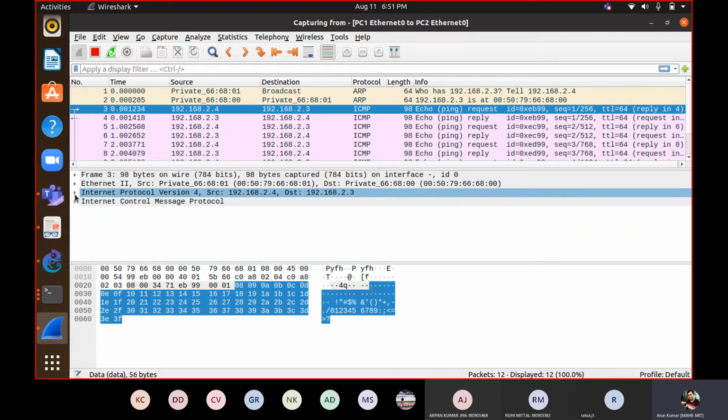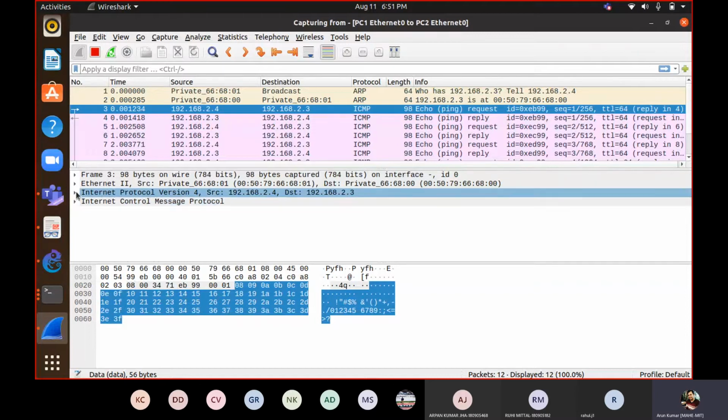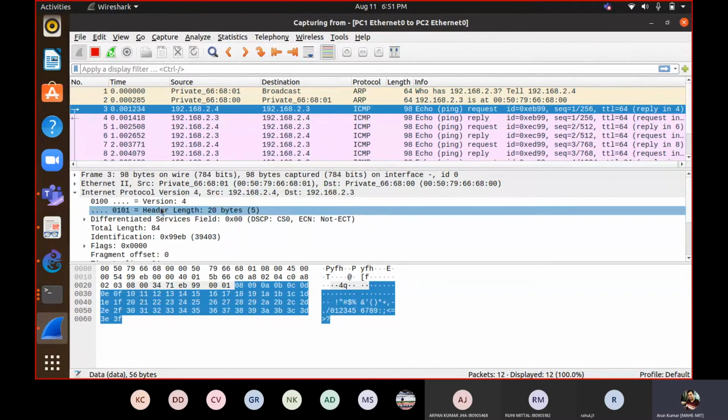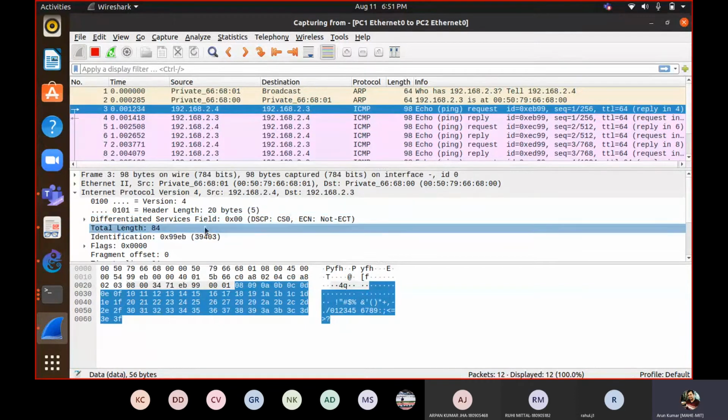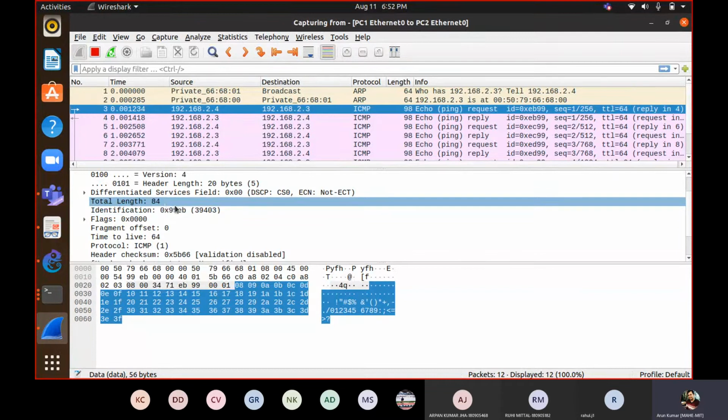The IP layer works at the network layer. It will take whatever the ICMP protocol provides to it and keep that as it is. It will not change it, and it will add certain more information in terms of a header. Its header length is 20 bytes, so it will add 20 more bytes and write some other control information. The total length now is 84, from 56 to 84 bytes.